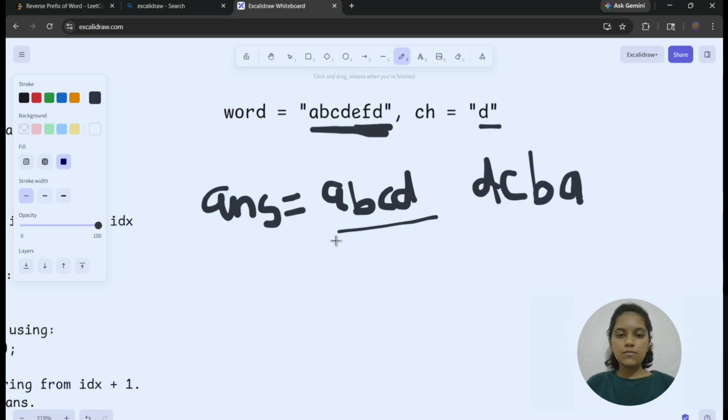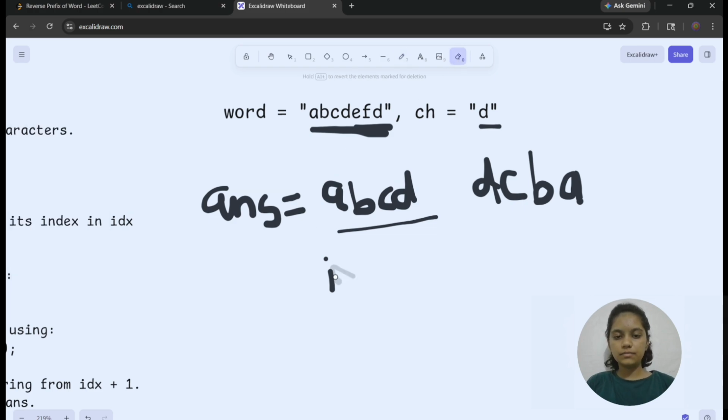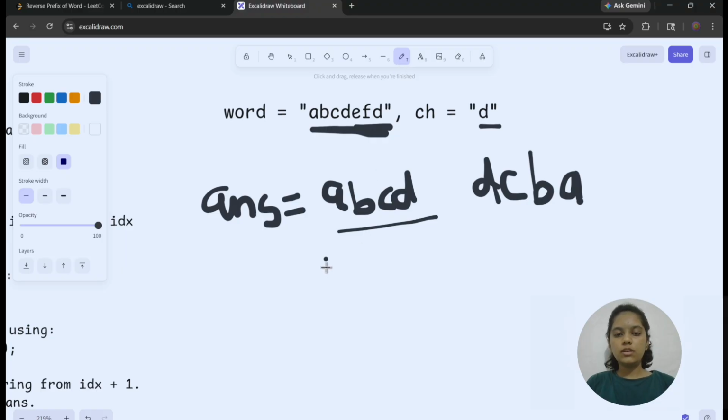So I am running the for loop from where I am storing the index, because when I am ending the for loop, I am storing the index at which I am breaking the for loop. So here I am breaking at index 0, 1, 2, 3.